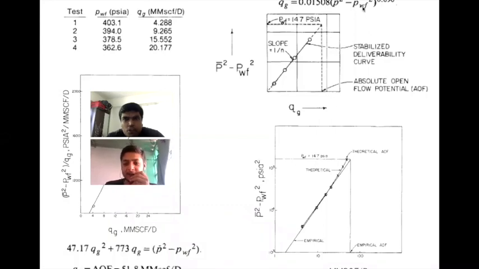No. This is plotted against the pressure differential here. Yes, sir, I got that. So this is a deliverability curve. I am saying IPR. You see, IPR is Pwf versus Q, right? So in that case, you will get a curve like this. So this is a deliverability curve. I am not saying this is not a deliverability curve. This is a deliverability curve. But if I compare this with IPR, you will get a graph like this.